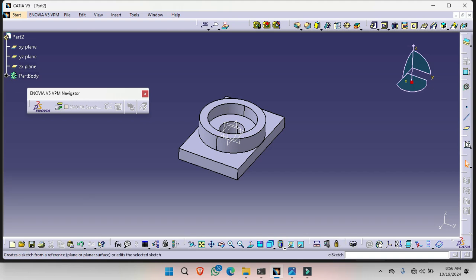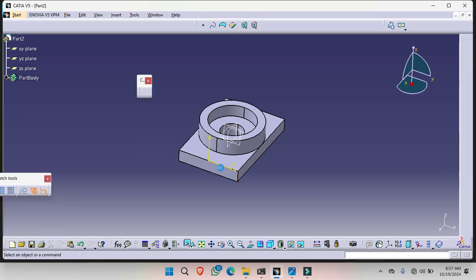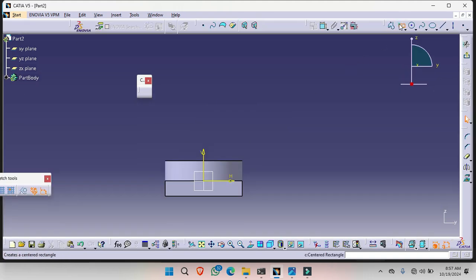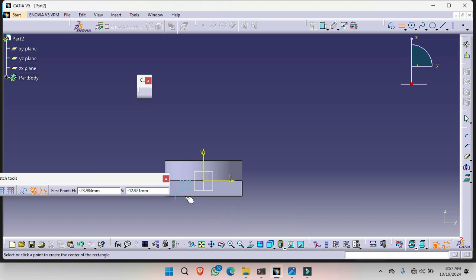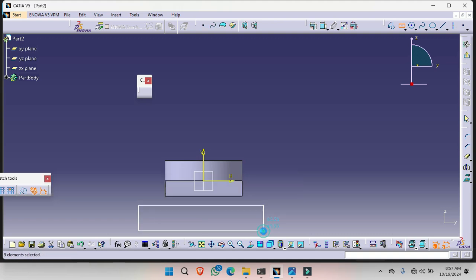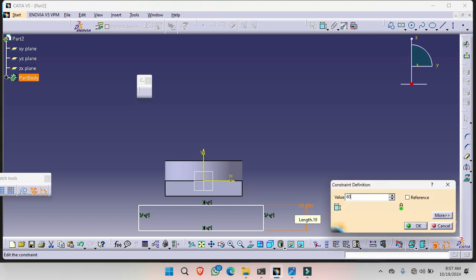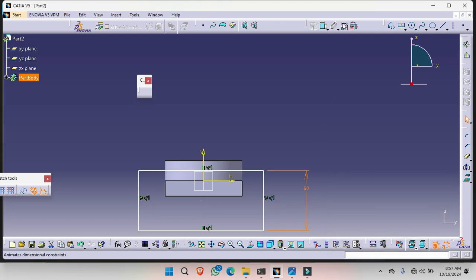So click on sketch view, select the surface and then click on center rectangle and give the dimension. This dimension is 60 mm and the horizontal dimension is 80 mm.